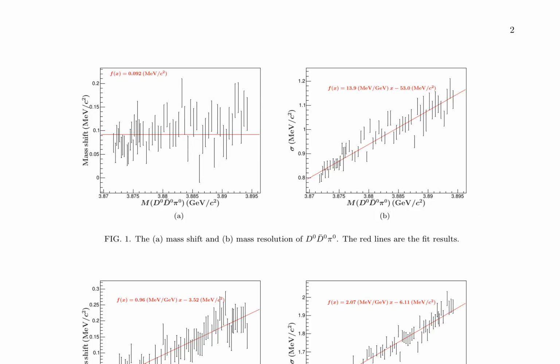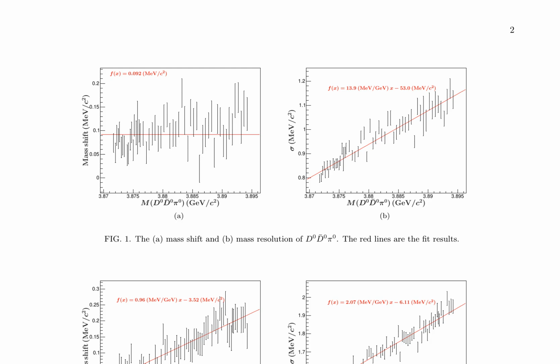results of the analysis. The figures presented on this page showcase the results of a Monte Carlo simulation study investigating the energy dependence of the mass shift and resolution of the D0 D0 π0 and π+ π- J/ψ systems. Figure 1a displays the mass shift of D0 D0 π0 as a function of the invariant mass, with a fitted function f(x) equals 0.092 MeV/c², indicating a slight increase in mass shift with increasing invariant mass. Figure 1b shows the mass resolution, with a fitted function f(x) equals 13.9 MeV/c² times x to the power of 5/3,